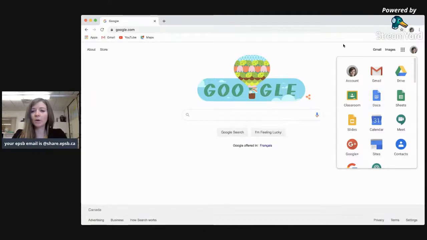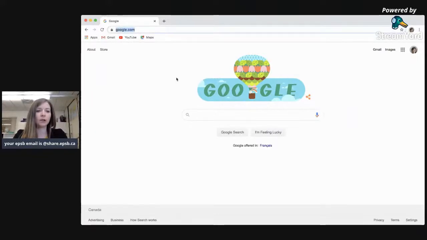Your student can go here, and this is where they can access any sort of tool that their teacher has been using. They can access their drive. This is where all of their assignments will be housed. They can access their email to maybe send their teachers a note. And here's where they'll be able to find Google Classroom. If Google Classroom does not exist in their Google waffle, you can also go here into the search bar and you can type in